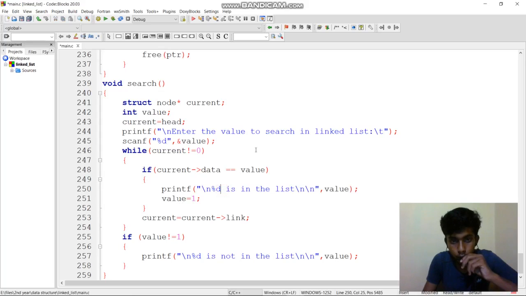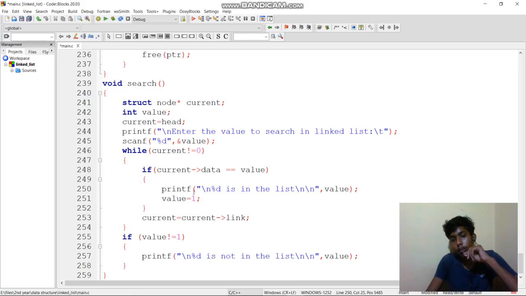If you give 2, it prints 2 is in the list. Otherwise, the value becomes 1, and current equal to current of link, it will point to the next.